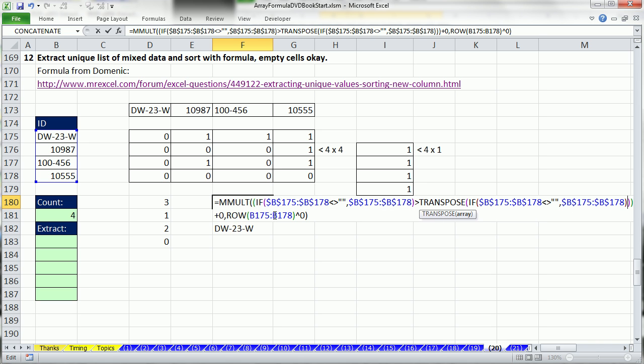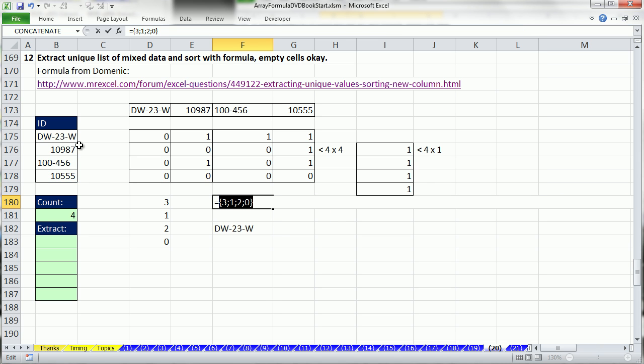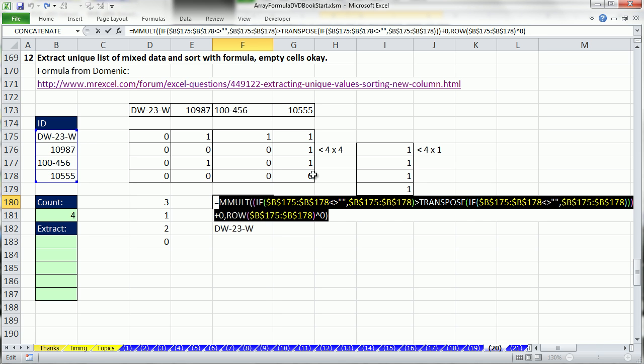Control-V, and then I forgot to lock these. You're kidding me. This is huge. F4. Now this F9 is still giving us the same thing, but it's more robust. It's going to deal with the blanks. Guess what? We're going to have to use this a few times in this formula over here. So I am going to Control-C to copy it, Control-Shift-Enter,